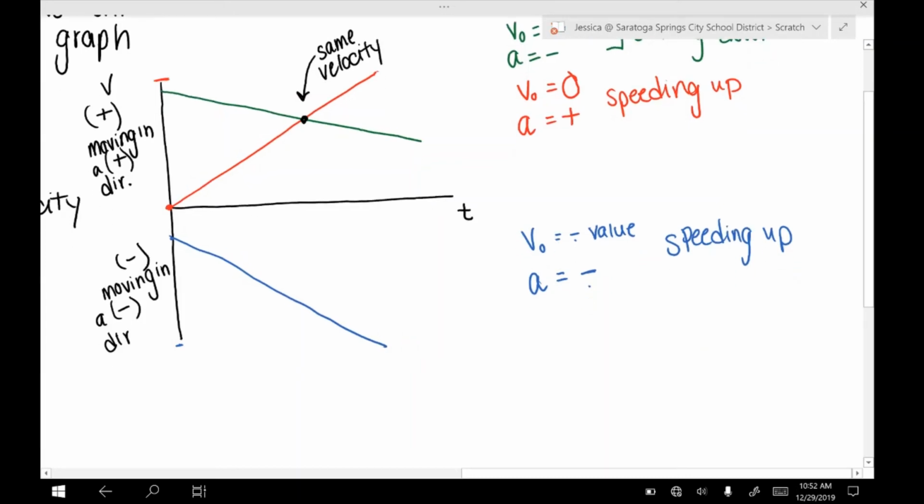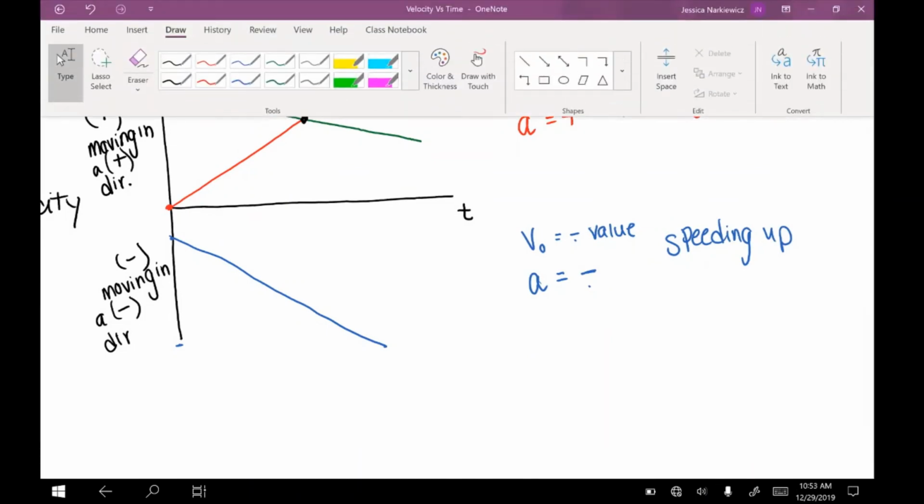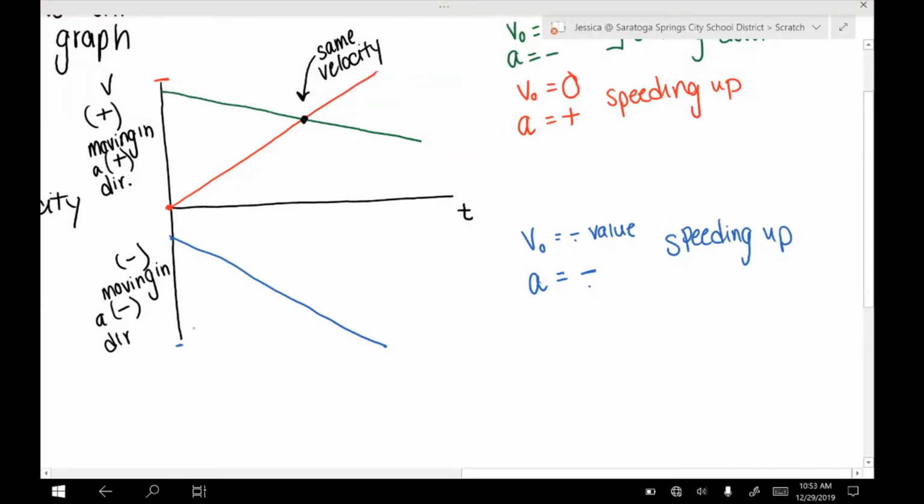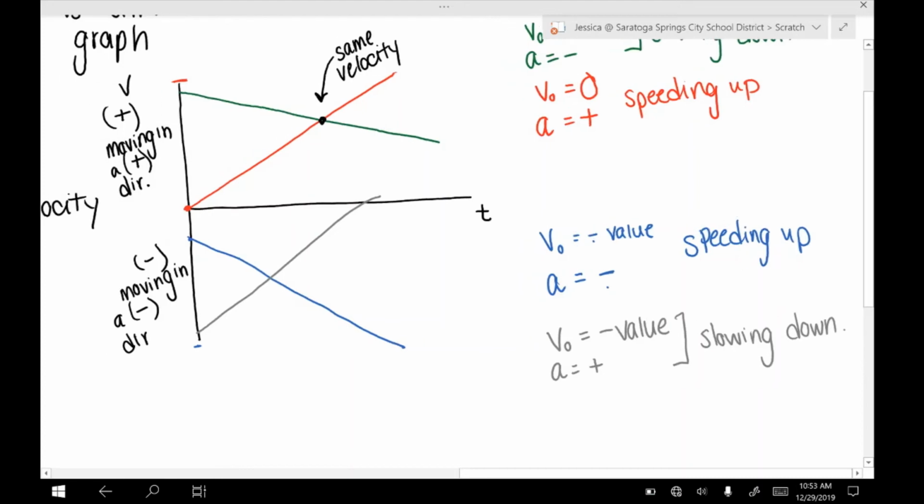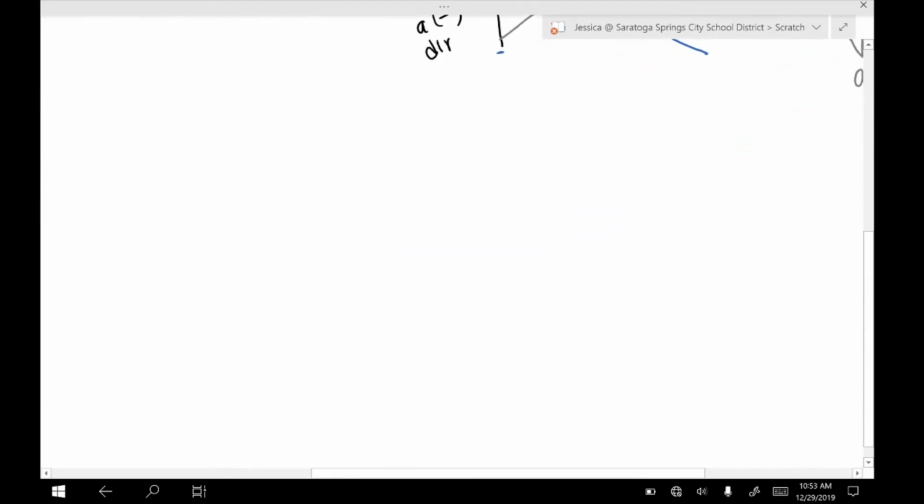And then the last graph that we're going to look at, let's look at something like this. For this gray graph, we have an initial value that is negative. The slope is positive, so my acceleration is positive, and this object is slowing down. So the last feature of a velocity versus time graph that I need to pay attention to is the